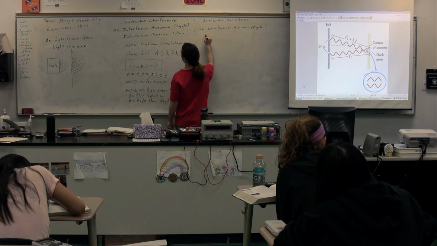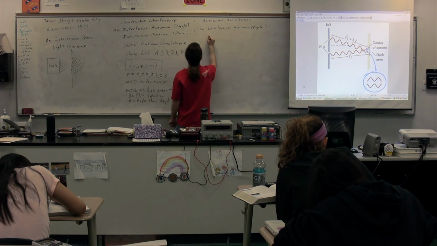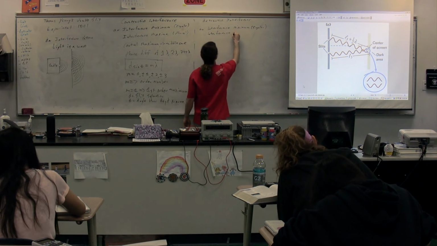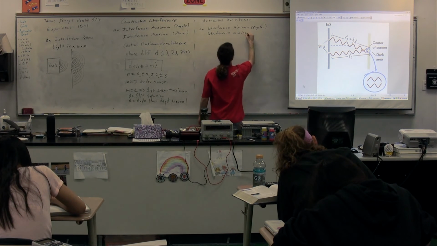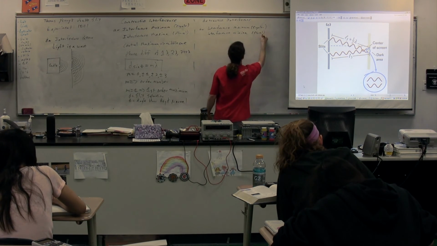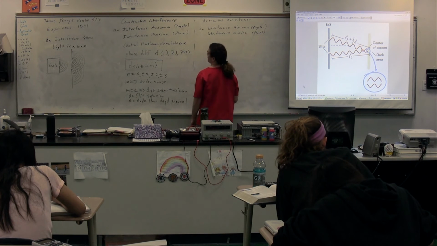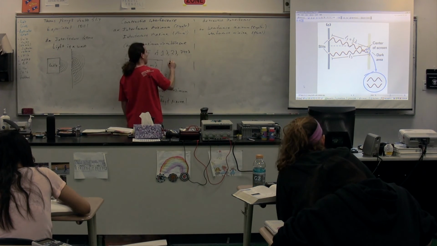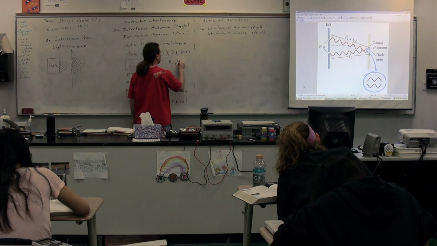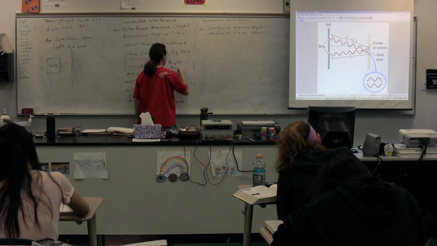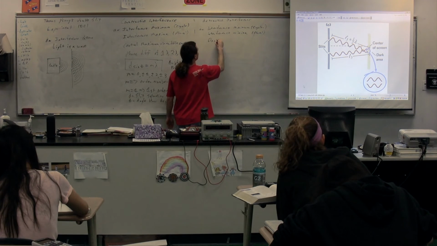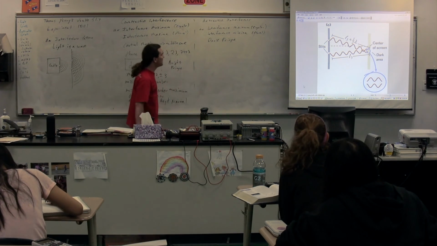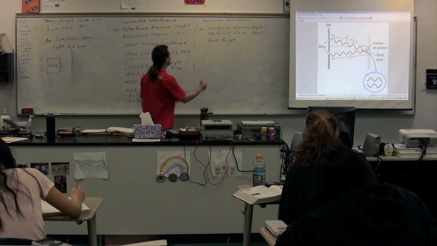Or interference minima for plural. And let's see. So in order to get destructive interference, actually we should probably also put down here, this is called a bright fringe, sometimes called. This was called a dark fringe. In order to get a dark fringe or an interference minimum, we need a phase difference